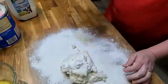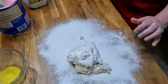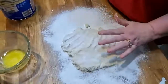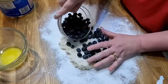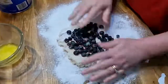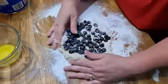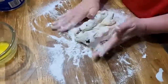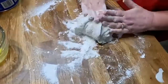And now we're just going to put some flour in these biscuits, and we're going to add some blueberries to them. And I am just going to add enough to cover them. So just get you some, like a pint, well, a half pint. I think this was like a half pint of blueberries. And then you're just going to start folding them in your dough. When you're incorporating this extra flour,